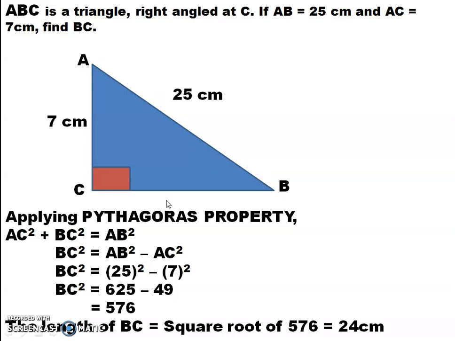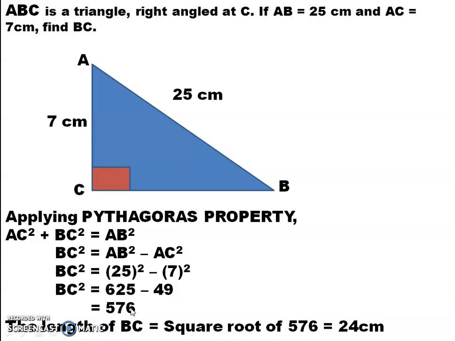Now, which is unknown to you? It is BC square. BC square is equal to AB square minus AC square. Isn't it? I am taking this AC square to this side, so plus becomes minus. Now, 25 square minus 7 square. How will you find 25 square? 25 into 25, that is 625. 7 square, 7 into 7, 49. 625 minus 49 is equal to